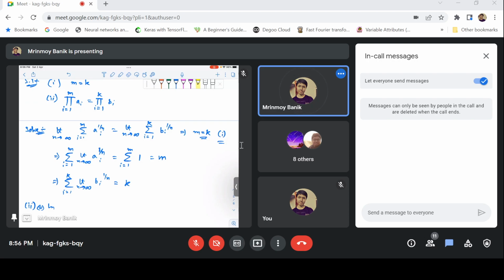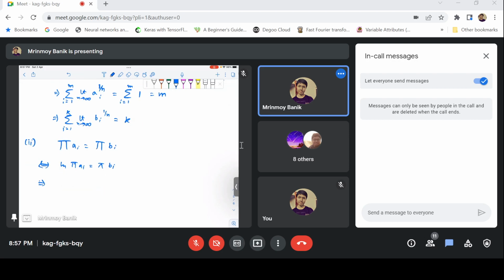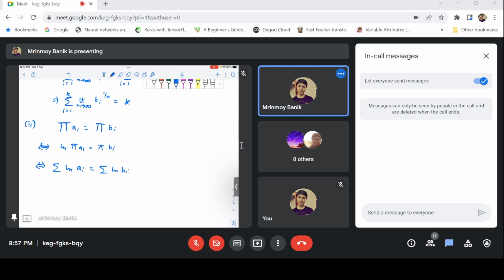So this one holds if and only if the log of this one holds, if and only if the sum over the log of this one holds, if and only if the limit of the sum of